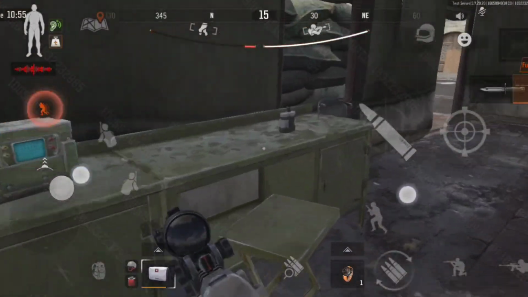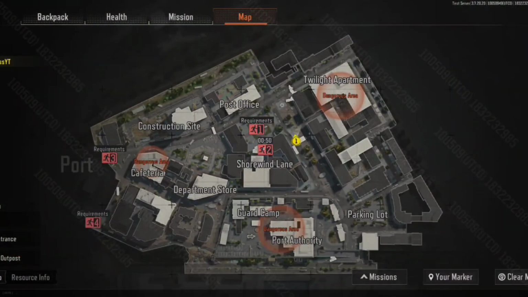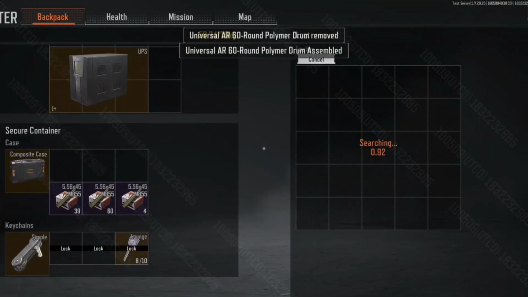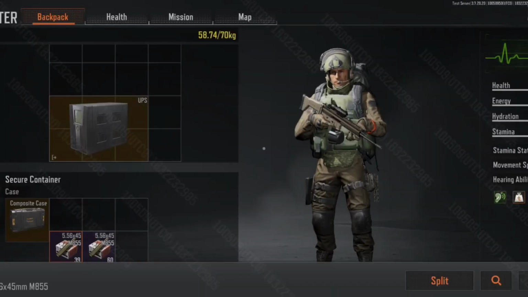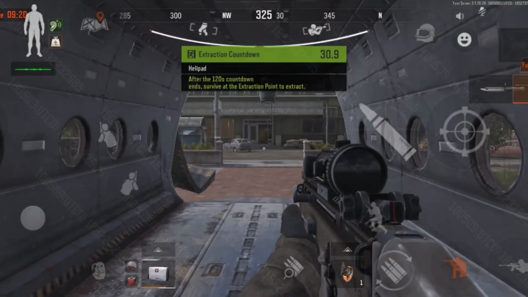Now, guys, in this little tent here is where you activate the helicopter extract. I've marked on the map here, as you can see, but you can actually just select the extraction point and it'll tell you exactly where the switch is on the map itself. And this activates the helicopter. It'll start counting down and then you just run to it, and you can either sit inside of it or sit near it, but make sure you're inside of it when you actually want to extract. The doors will shut at the very last second,